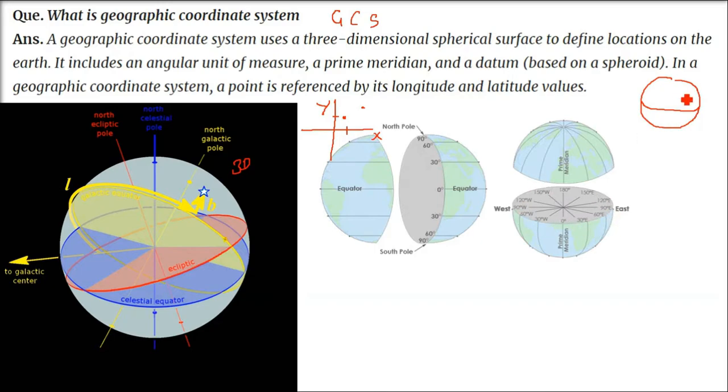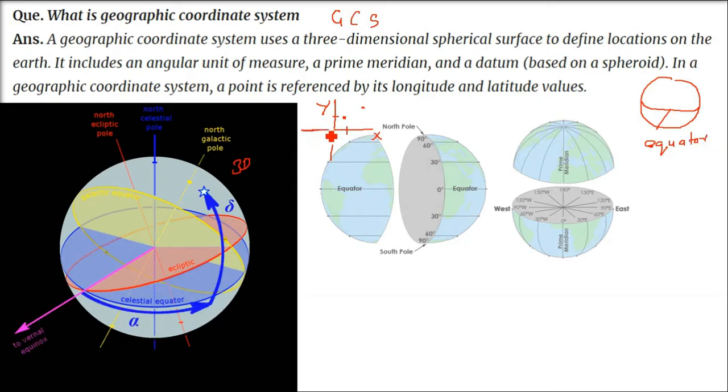This line is called the equator. This is a circle, and that circle forming a plane is the equatorial plane. This we assume to be the x-axis. The upper part is called the northern hemisphere. The lower part is called the southern hemisphere. The x-axis is done. Now coming to the y-axis.